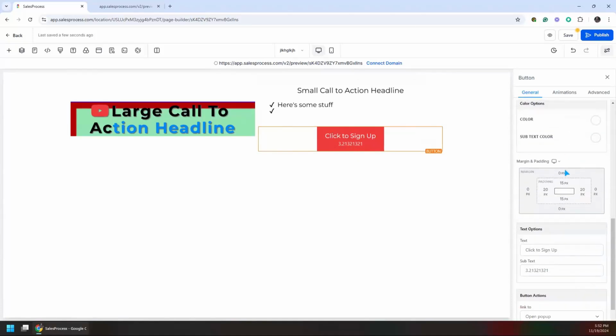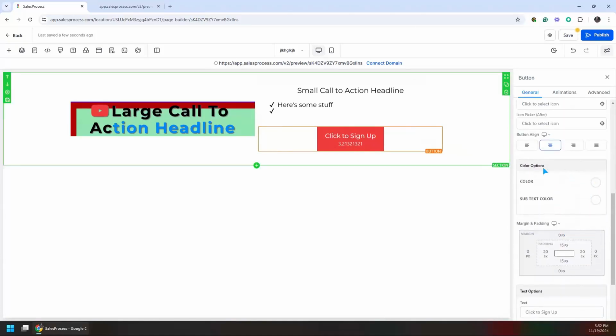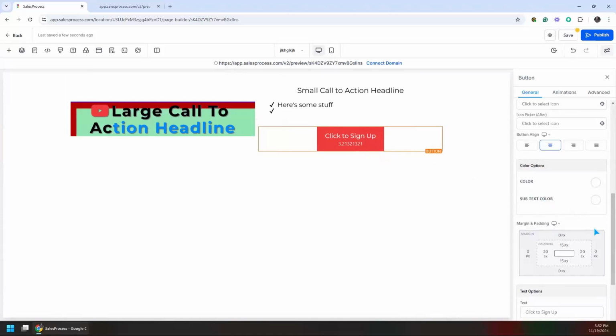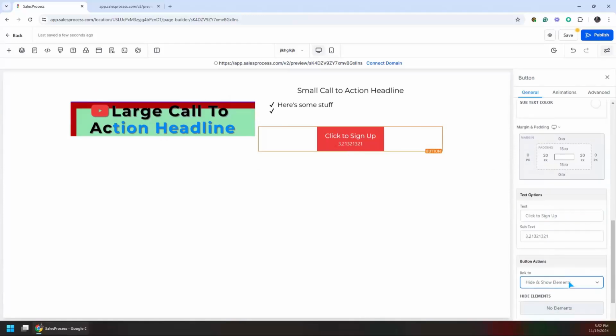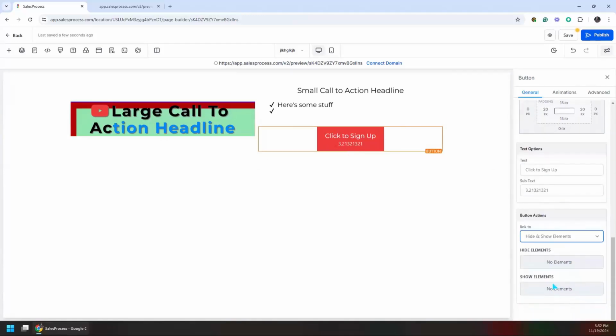Okay, and you can change the color of the text and subtext because there are two different types of text, the spacing, margin, and the functionality of the button. What it should do. It's a list. It should open a pop-up. It should take you to a different web page. Should it show or hide an element within here? If I select that and I tell it, okay, show and hide this element,